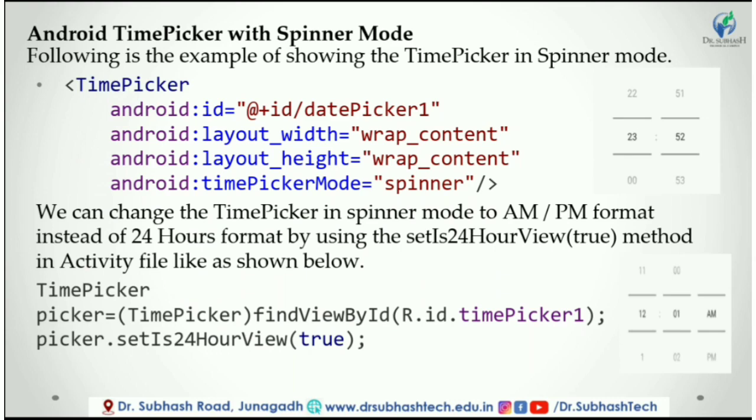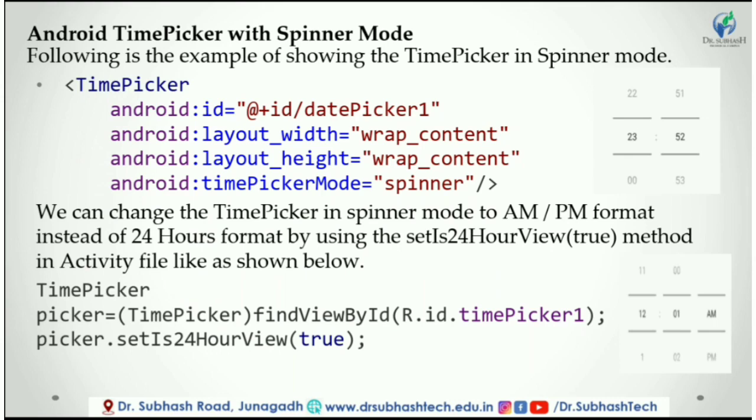If you observe the above result, we got the time picker in spinner mode to select the time in hour and minute. We can change the time picker in spinner mode to AM or PM format instead of 24 hours format by using the setIs24HourView(true) method in the activity file, as shown below. First of all, you have to bind the time picker Java object to the XML object.